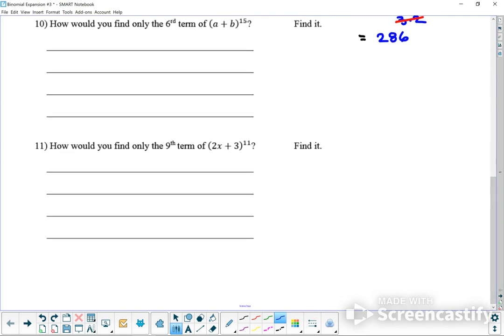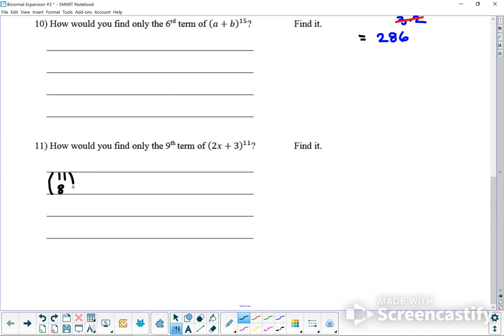Okay, the last one. How would you find only the ninth term? Right, so to find the ninth term for this 11th power, we would have to do an 11 choose 8,